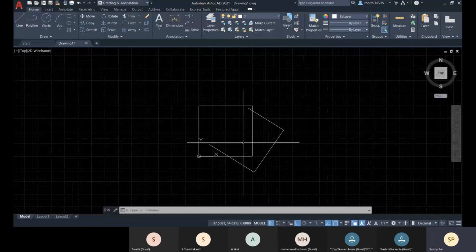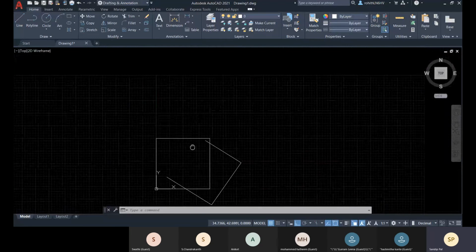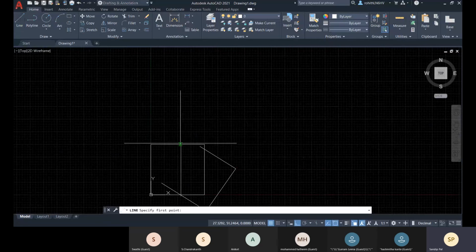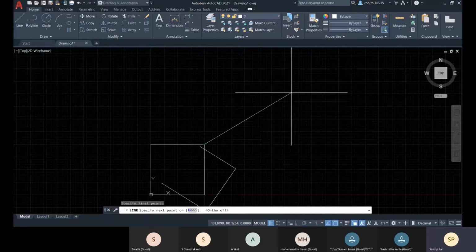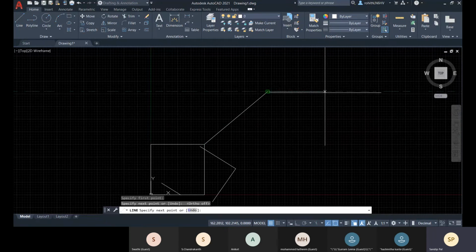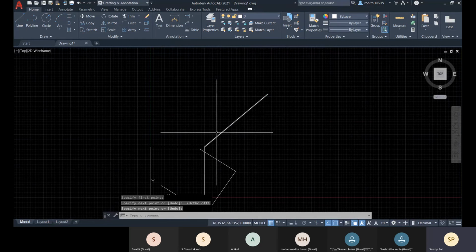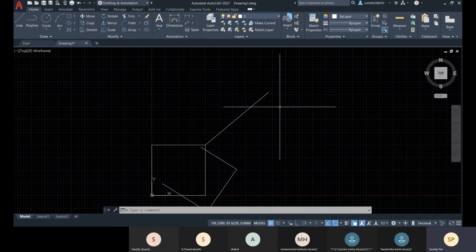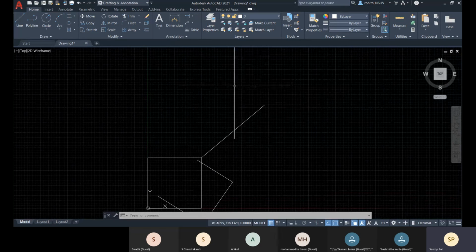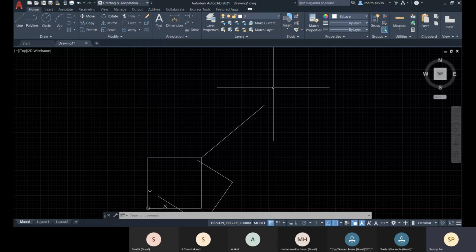Or else suppose there are some kinds of values like this, and you have to work for this angle. You don't know what the angle is, and you don't want to check, or there are some other lines at an angle, so you don't want to waste your time checking all the angles, that is not required.